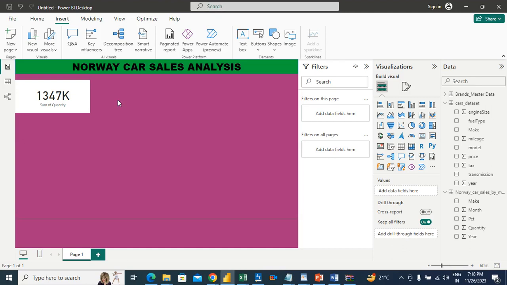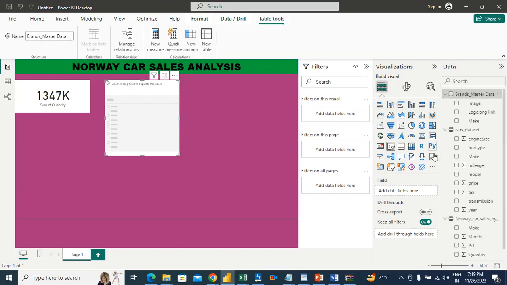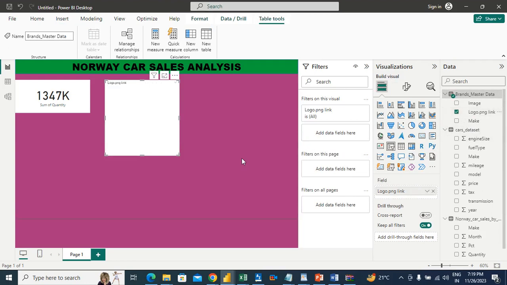Okay, and now I'll go for another option which is known as slicer, and this is for displaying the icons of each and every car brand. And here, what I will use, I was in a field section, I will use the logo. I'll drag it and place it here. Takes some time. Okay, so now here you can see the icons have not been populated, so